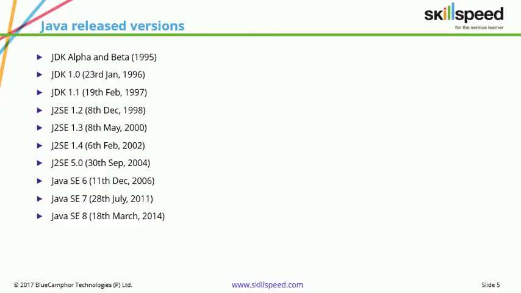And in Java Standard Edition 9, which is going to be released very soon, there are some proposed features which they want to add. Those are support for multi-gigabyte heaps. What a heap is, we will get to know during the garbage collection topic. Then a better native code integration, and a way to self-tune the Java virtual machine, which means we will be able to tune the Java virtual machine automatically,